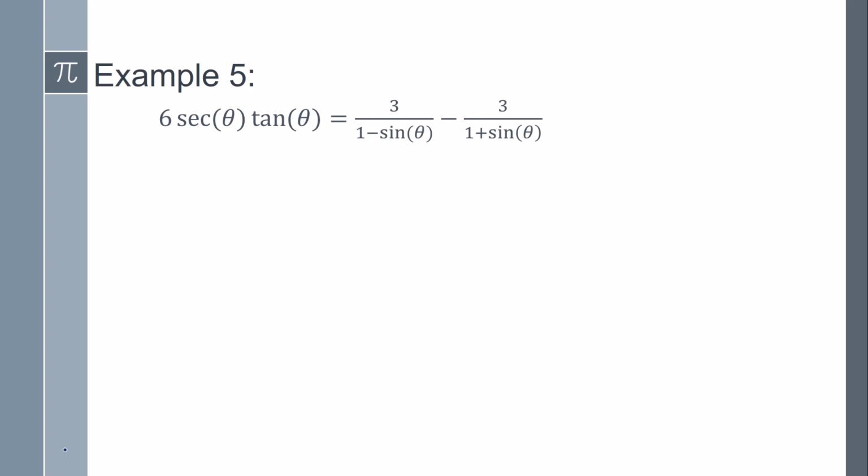So for this one here, we're going to go ahead and do the right side because it's a little more complicated. There are no Pythagorean identities, right? No sine squareds or anything like that. And then it does look like I can add these together, or subtract these, but I need to find the common denominator. So 1 minus sine theta, top and bottom, and then 1 plus sine theta, top and bottom. So rewriting that,